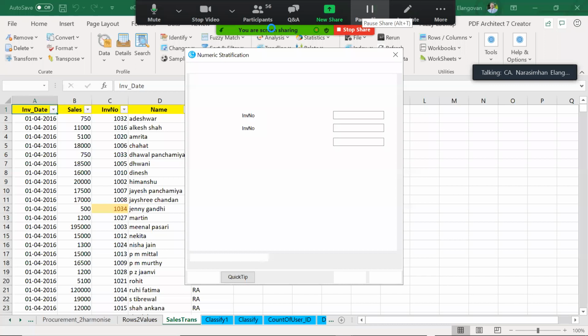I have a different window. Sir, you have to click on numeric stratification, sir. So click on numeric stratification. I'm just closing my spreadsheet so that I can reload the Excel. I think there has been some small